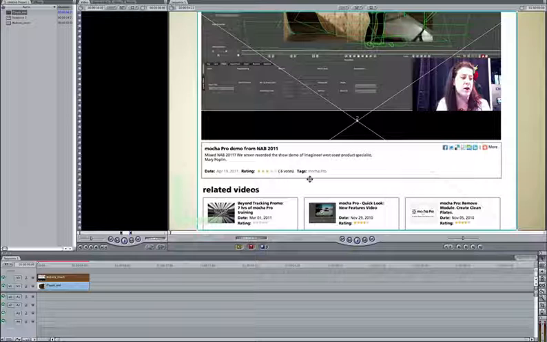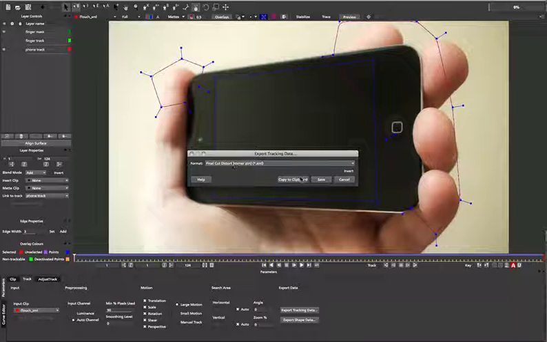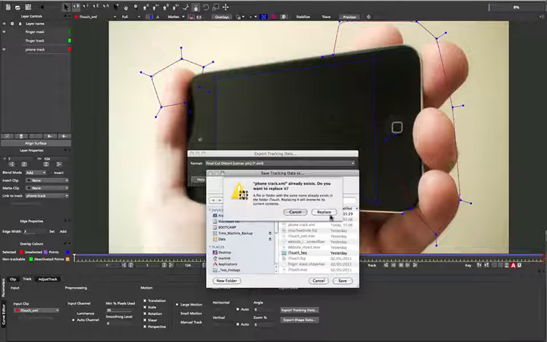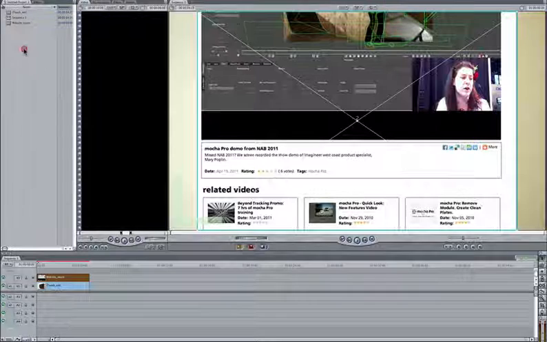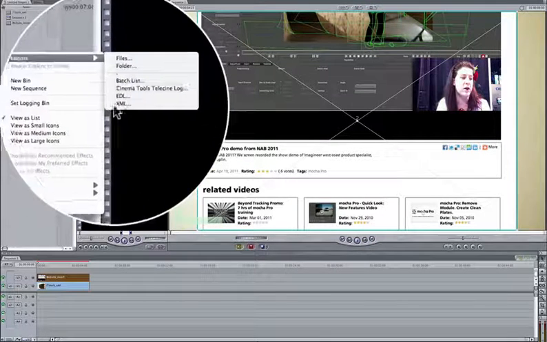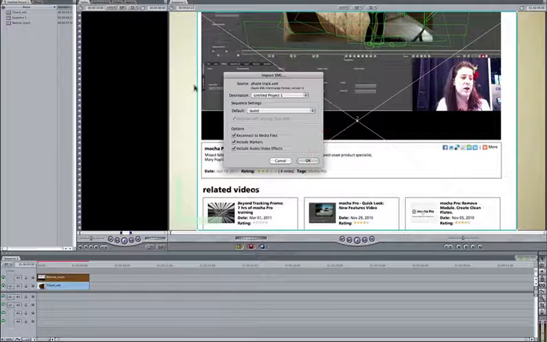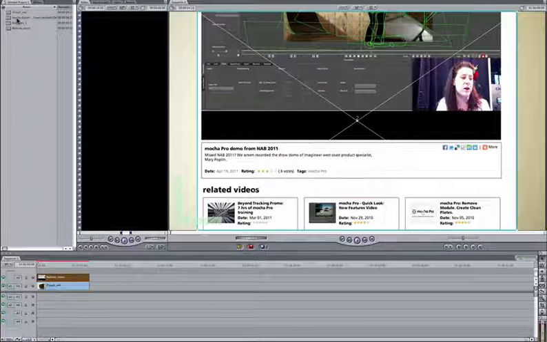So when we export out our distortion data, you can see here, it's not going to match the same dimensions as the footage that we've got in Final Cut. So I'm just going to save this again to quickly show you the example. And then once we've saved that and brought it across, we can import that file. And let's just get the phone track. Choose that, bring it in with default settings, and then we can copy